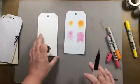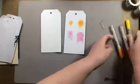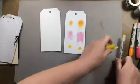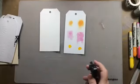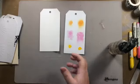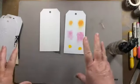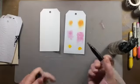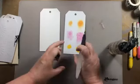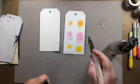And this is just a stamping card, and we'll see if they work differently on the watercolour card. But the other thing about them is that although they're water reactive, if you just spray them with water and you don't touch them, they don't really move so much. If you have other water reactive pigments like a gelato, then if you spray it, it immediately starts to move. Whereas these do stay in place more. Obviously, as soon as you get a brush and touch it, it's going to move, but you could leave it to sit there. You see as well, on the gessoed side, you do seem to get a much more vibrant colour. So let's get